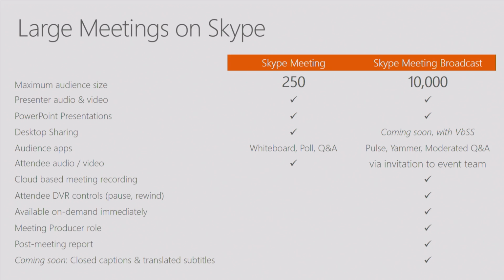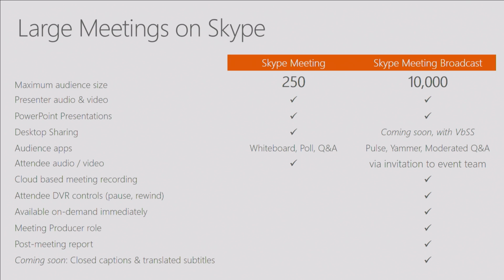In both, of course, you can have presenters add their own audio and video. You can do that through local webcam or through a richer device. Jeff will talk about a model where we take an entire production studio and hook that into the Skype Meeting Broadcast channel and stream that out to the attendees. You can add PowerPoint, navigate the PowerPoint.